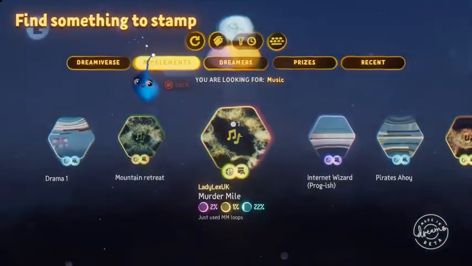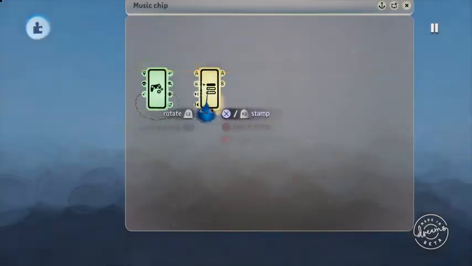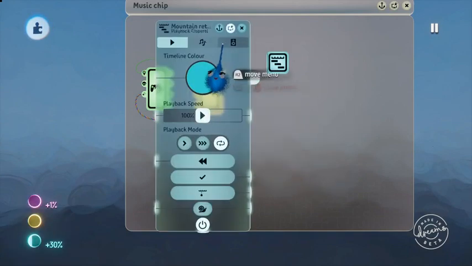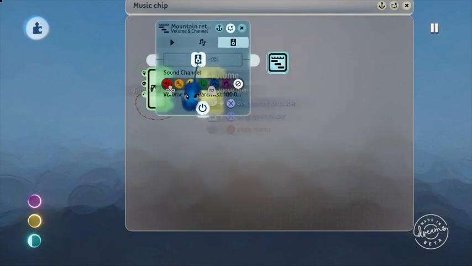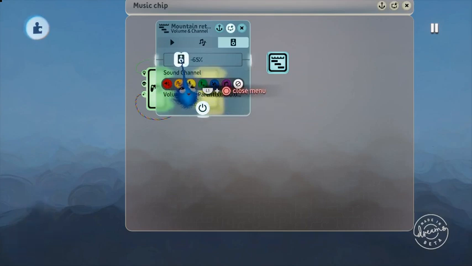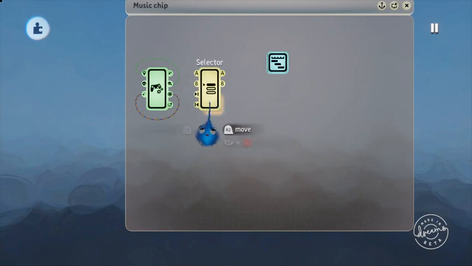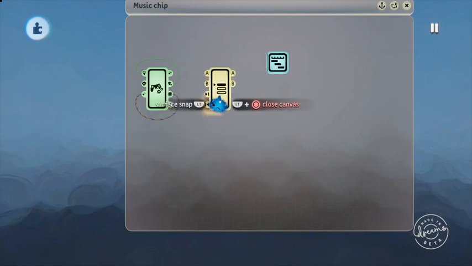And a piece of music. And so that you can hear me when we're playing, we're just going to reduce the volume of that down so it's not too loud. Right. Okay, so we've got our three